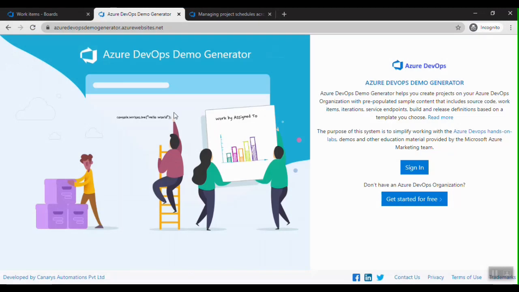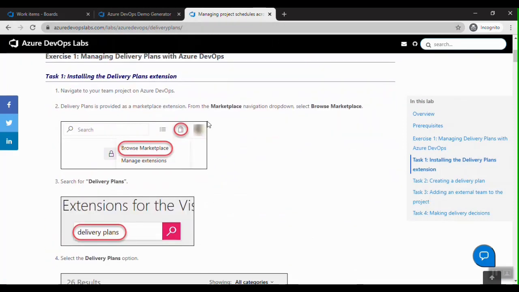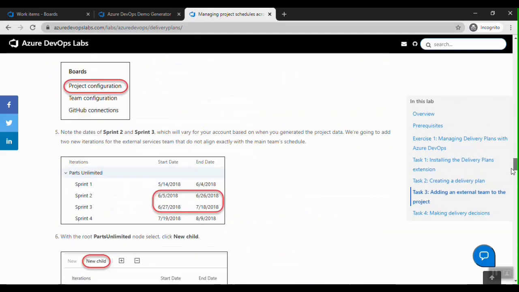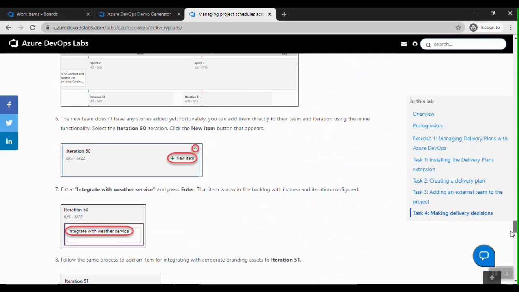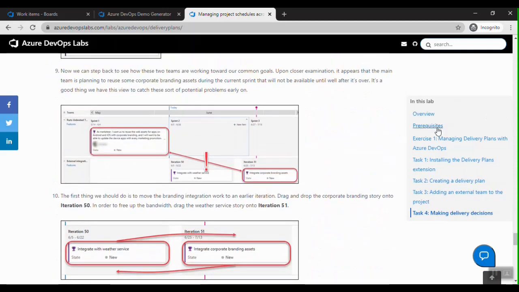So this is Azure DevOps demo generator tool. Using this, I'm going to create a new team project, and all the steps are referred from this Azure DevOps Labs document, and particularly this lab, managing project schedules across teams with delivery plans. So basically, we'll go through all these steps in the video, and show you how a delivery plan helps in making decisions.